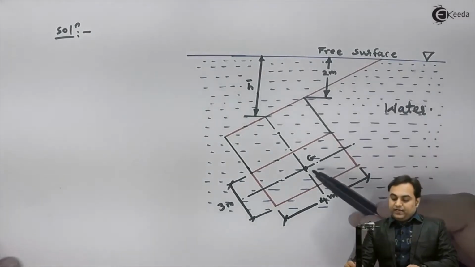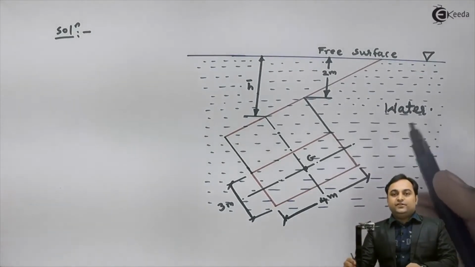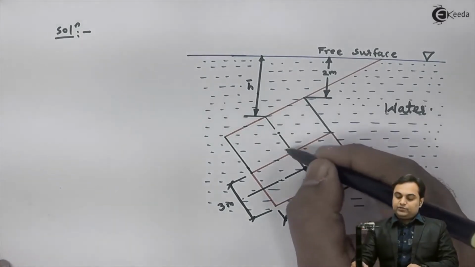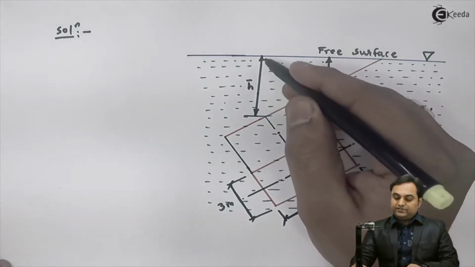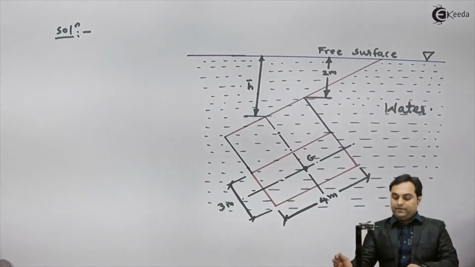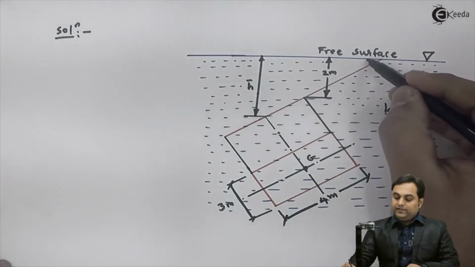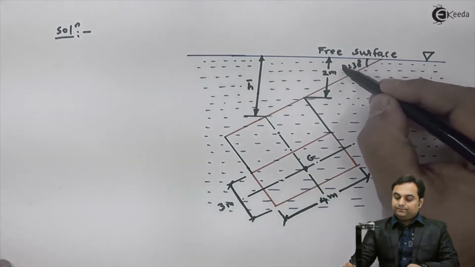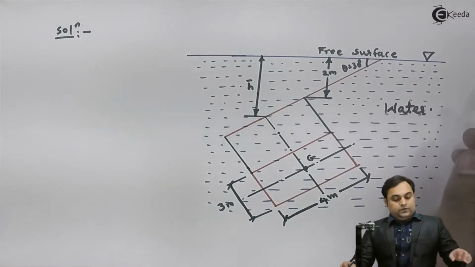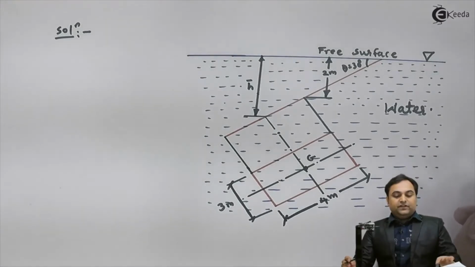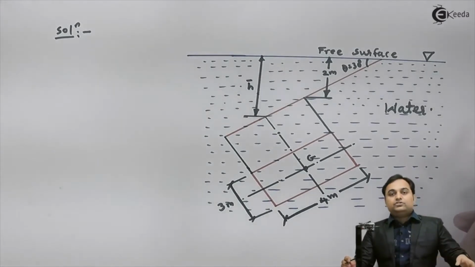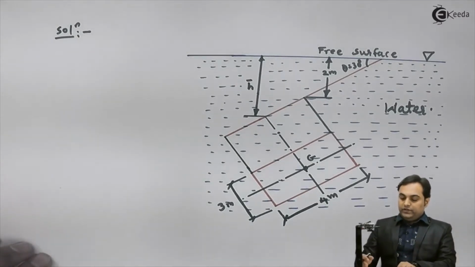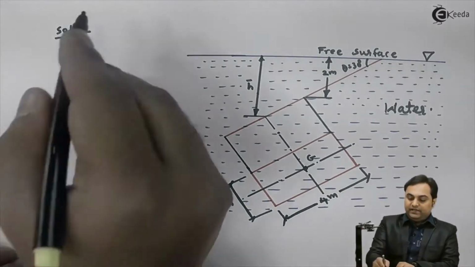Next, here I have marked G, which indicates the centroid of this rectangular plane surface. This centroid G I have projected it here and its distance from the free surface is H bar. Inclination of the plane is given, theta is equal to 30 degree. Next, the first question is we have to find hydrostatic force and the second one is to calculate center of pressure. Now, with this diagram available,